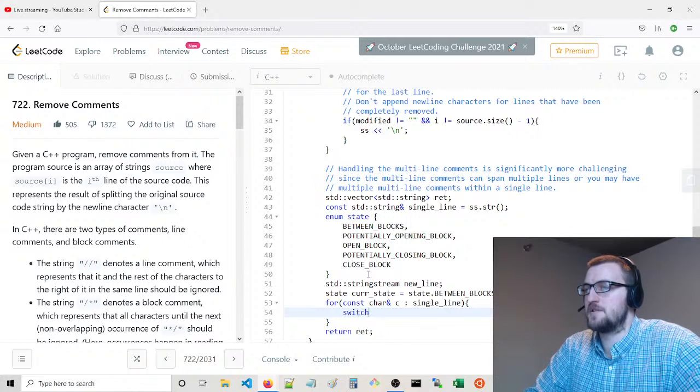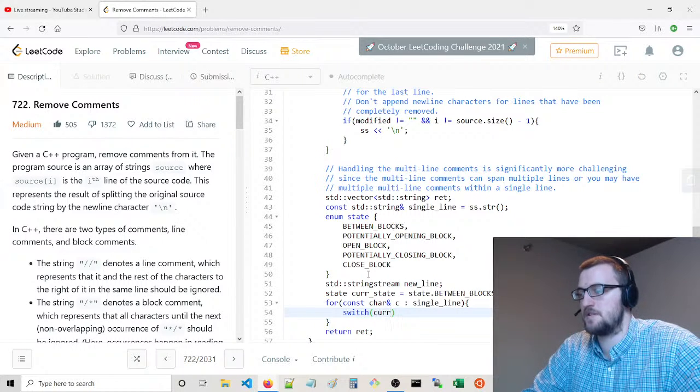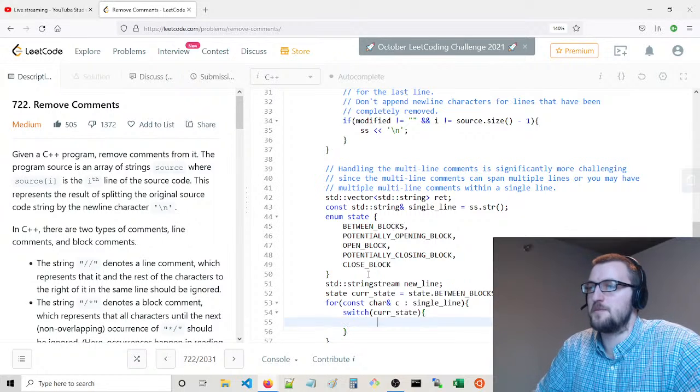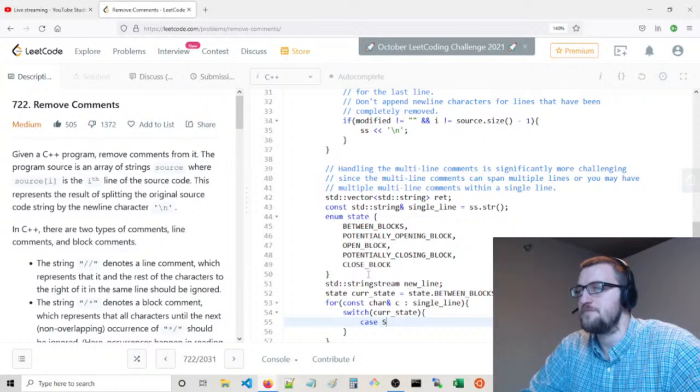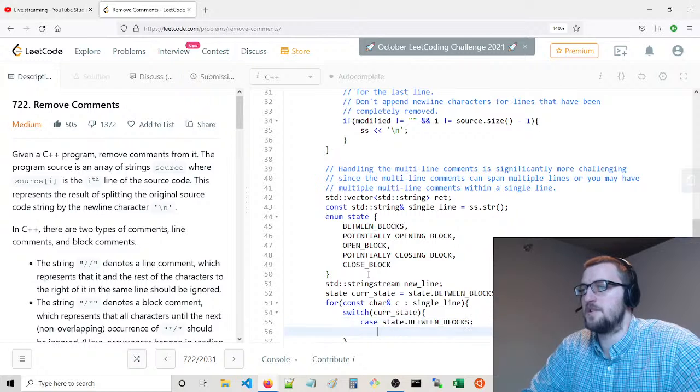And now we're going to have a switch on current state. We'll perform the following: case between blocks.